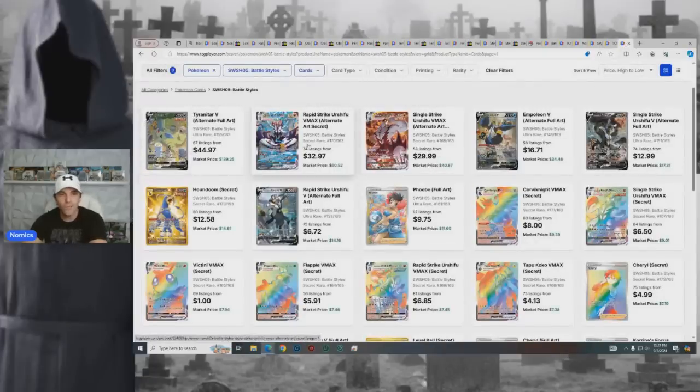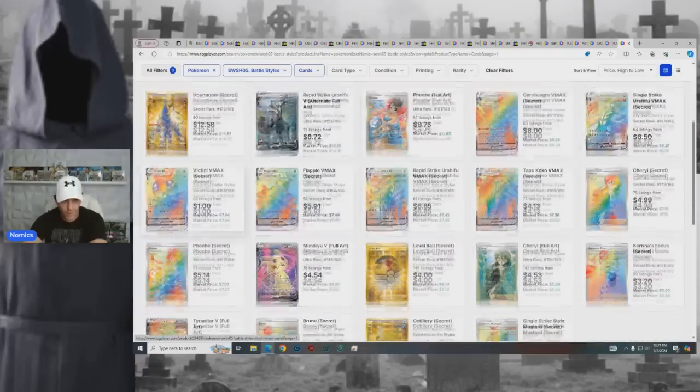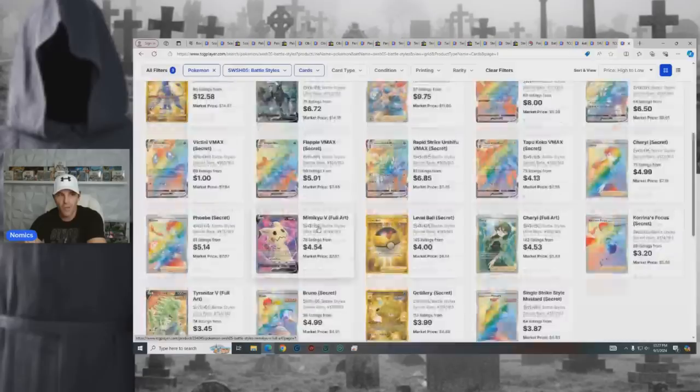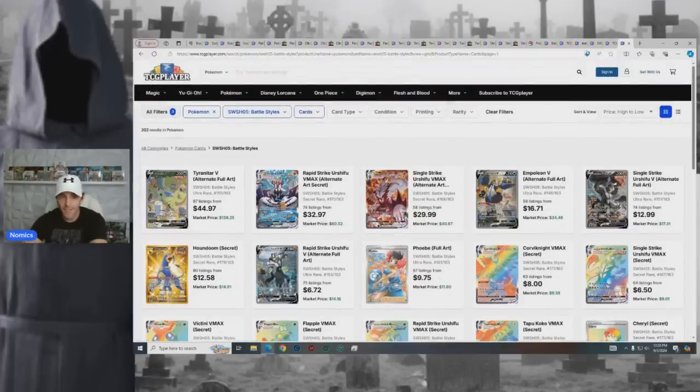It's got the Urshifus, the Empoleon alt arts, all that good stuff, right? It's got the waifu action with the Phoebes, got some cool rainbow rares, some golds. Look, it's not the strongest set in the world, but this card is always going to be chased after. Tyranitar cards are always strong and always chased after. Alt arts are going to be a thing, waifus, but the Tyranitar alone,